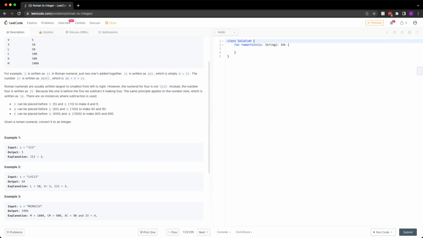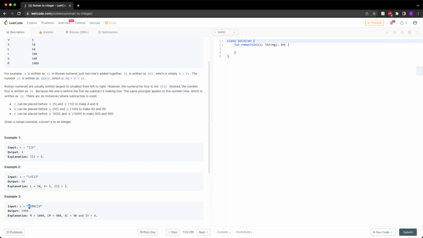So from just looking at this, what we want to do is probably get all the values these correspond to in a list that is the same size. We just have the value instead of the symbol. And then we can do a for each on it.